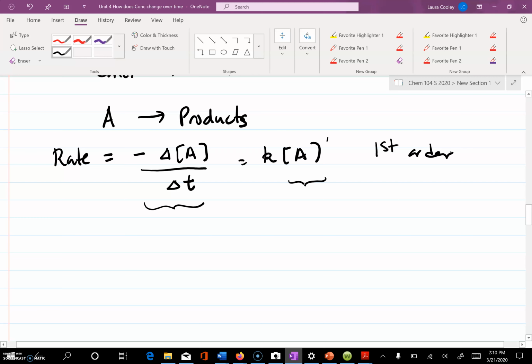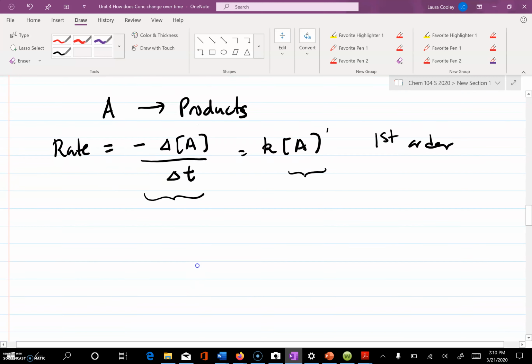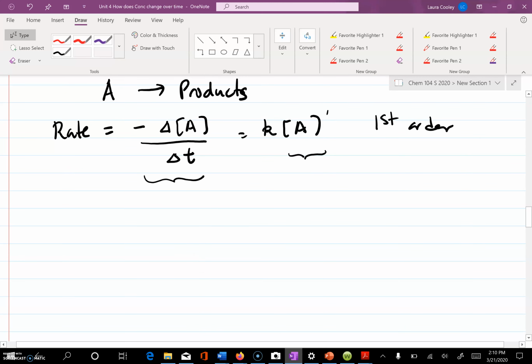Then we can use calculus to solve this equation now. So I'm going to solve the equation using calculus, and those of you who understand some calculus, that's great. If you don't, that's fine. We're just going to get to the equation, and then I'm going to show you how to use that equation. So those of you who've had calculus, here it is. All right, so now when you do calculus,